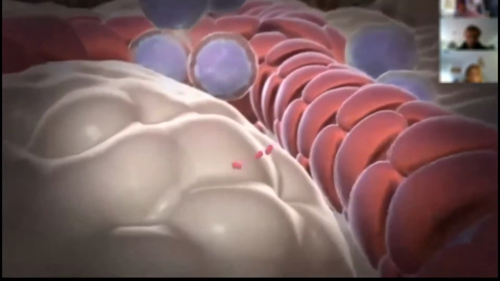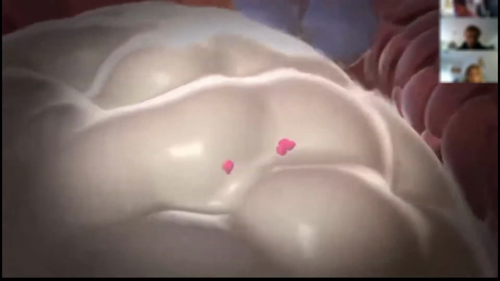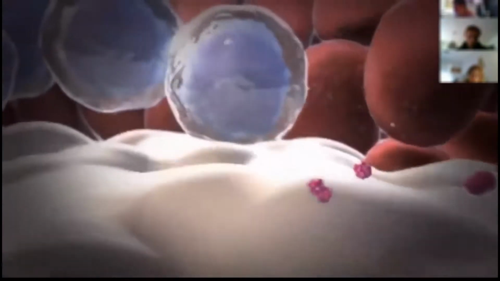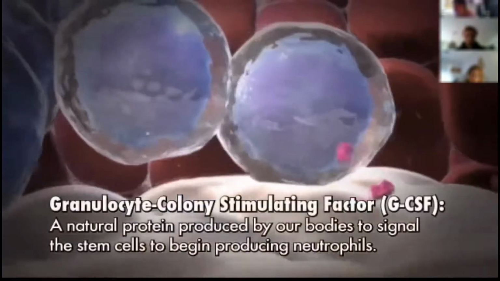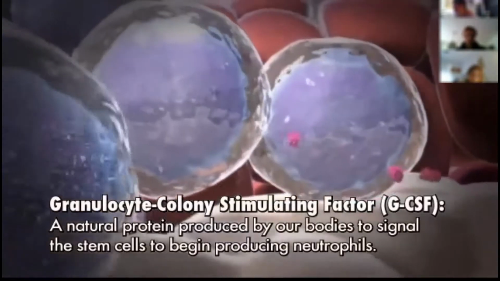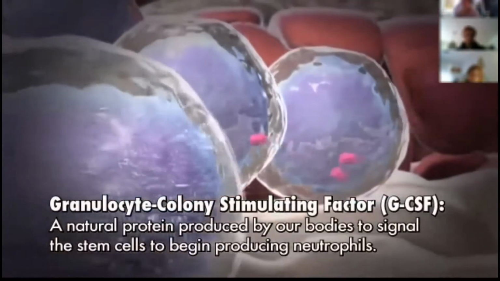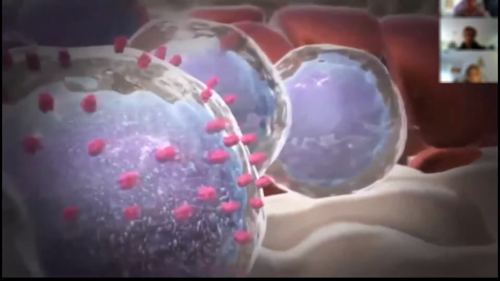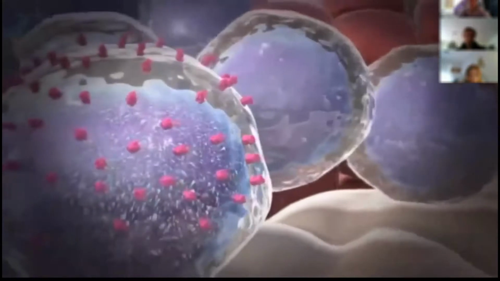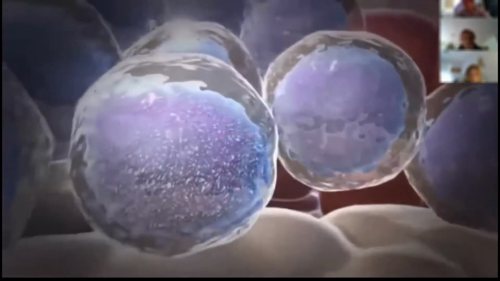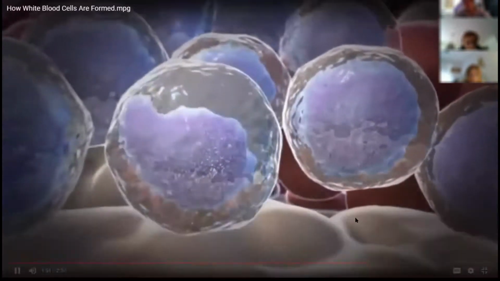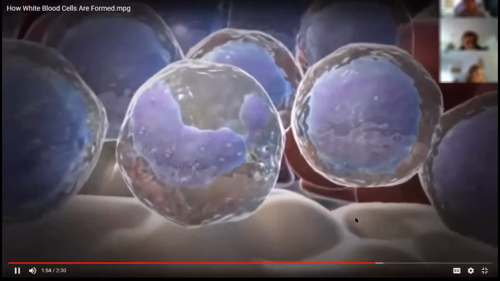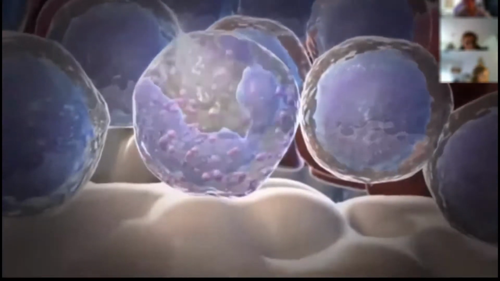Our body makes natural proteins that can signal the stem cell to start making cells that will eventually develop as neutrophils. One of the important proteins in this process is called granulocyte colony stimulating factor, or GCSF. The GCSF protein can work on the cells in the bone marrow that eventually become neutrophils and signal that they should start becoming neutrophils. The entire process by which stem cells develop into mature neutrophils can take about 10 days